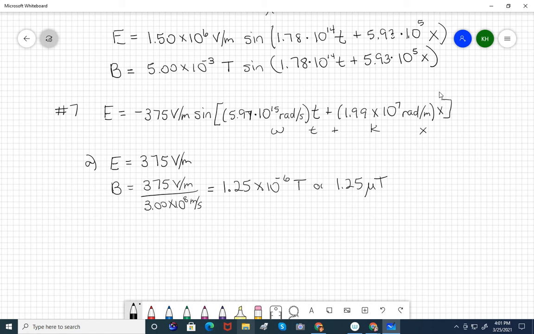They like my answer in the back of the book. I'm a big believer in checking your work. Part B says, what are the frequency, wavelength, and period? Frequency, wavelength, and period. Well,